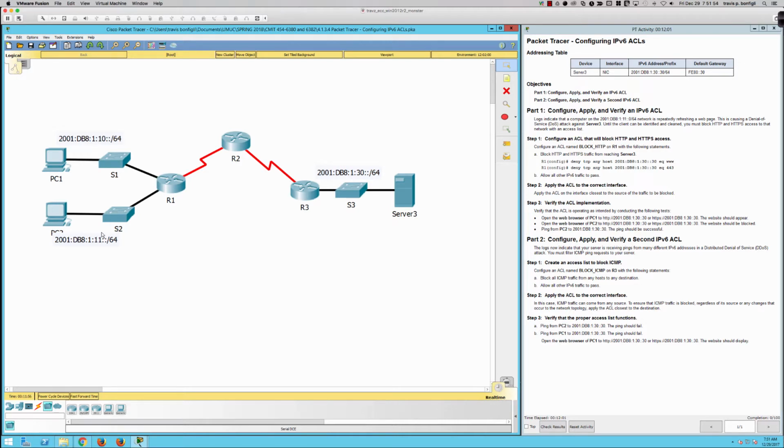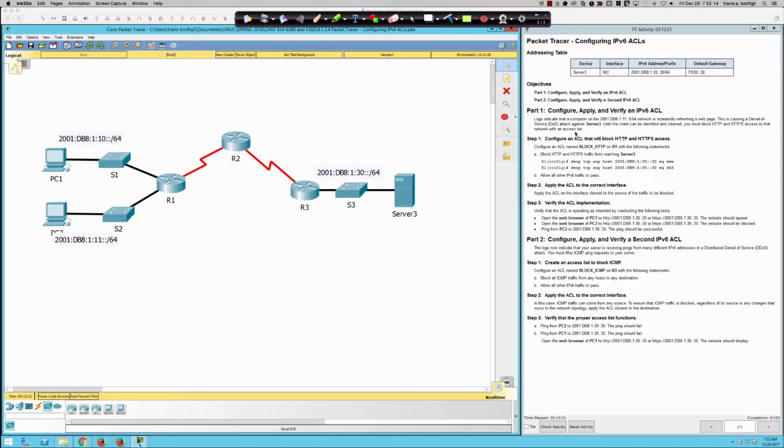It's causing a denial of service attack against server 3 over here. Until the client can be identified and cleaned, we must block HTTP and HTTPS access to that network with an